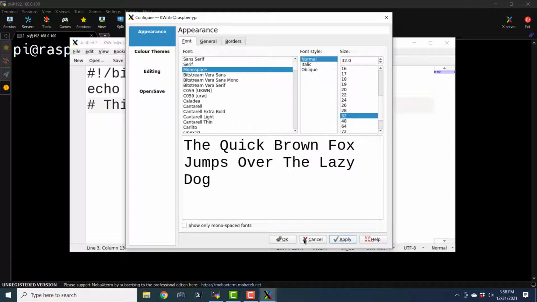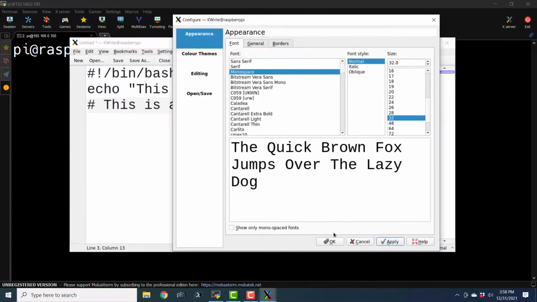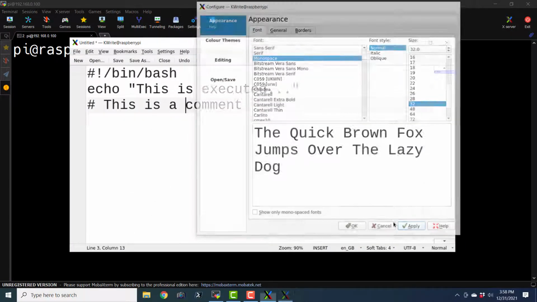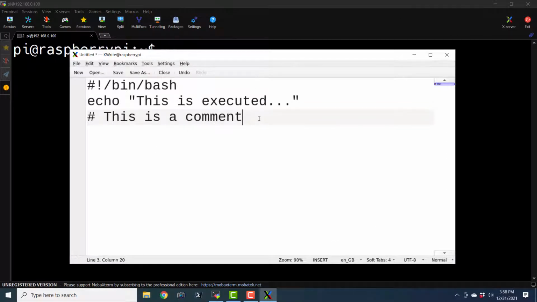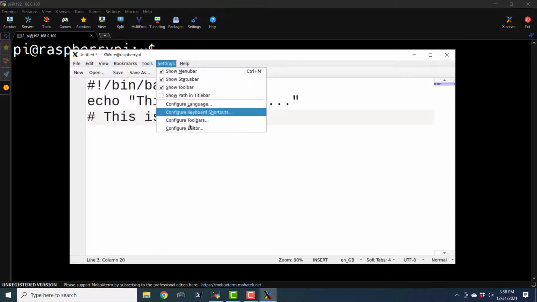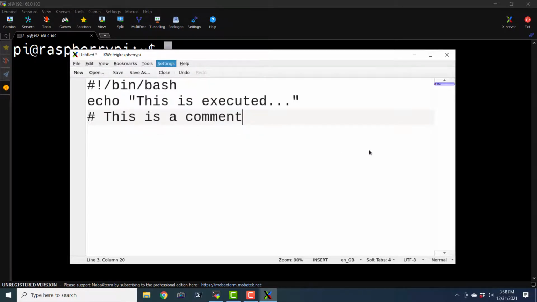I guess it will take some time because I couldn't see these buttons responding well. Okay, I should actually close it. This is not responding at all. Okay, now it is responding, but again we will have to go to the editor and change the font size.